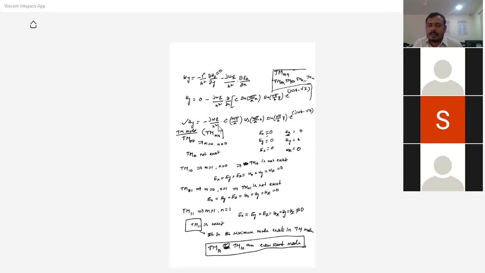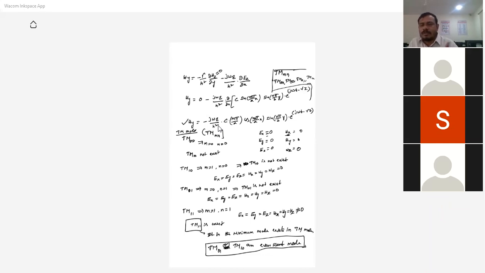Anyone, please? So now we can go for the TE mode, transverse electric mode. In the same manner, in transverse electric mode, the electric field is transverse. I am assuming the wave travels in the Z direction, so in the Z direction there is no electric field. So Ez is 0 and we have only Hz. Now we are going to find the expression for Hz, and after that we can write all 6 equations.